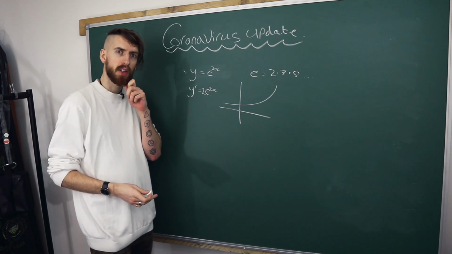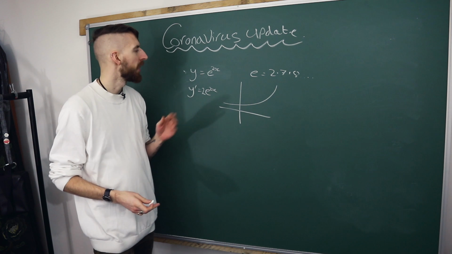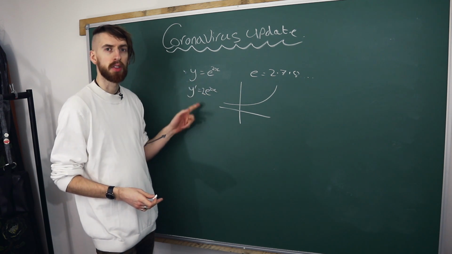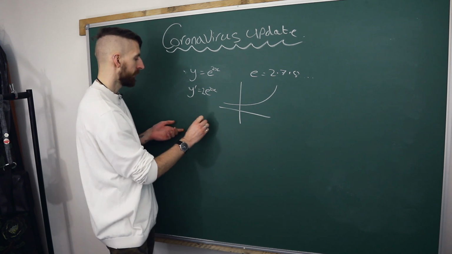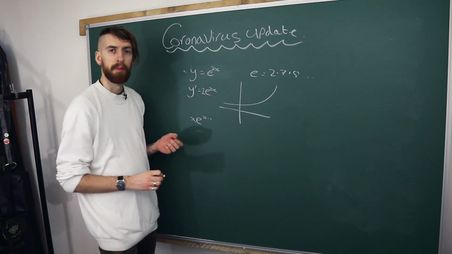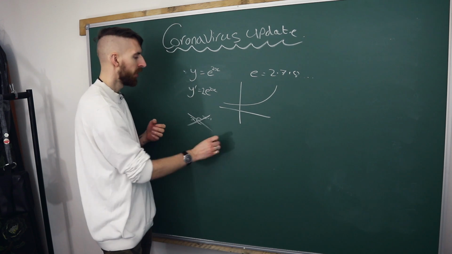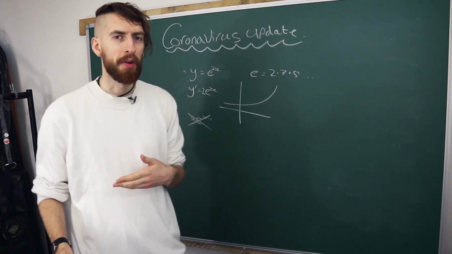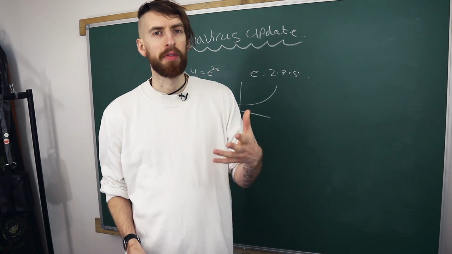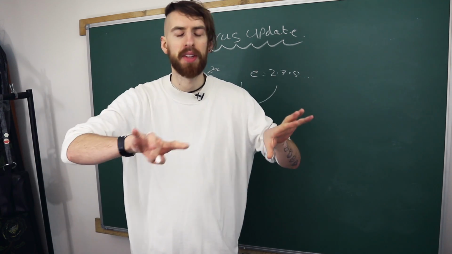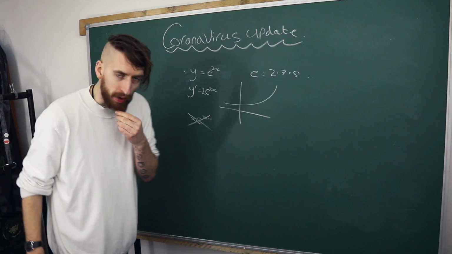Isn't that good? A lot of people, when they differentiate this, which is to say find the gradient function, think it's going to be the same rule as that. No. When you minus 1 off the power and then put the power in front, that's only when you've got x to the power of n. That's that rule, that's something else. Anyway,